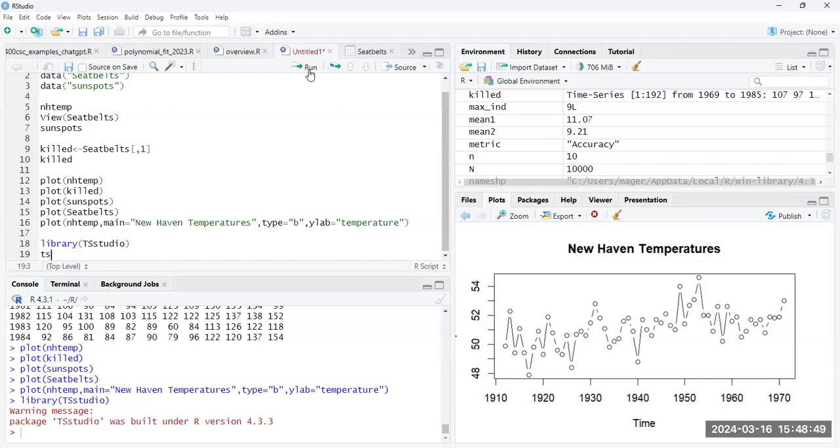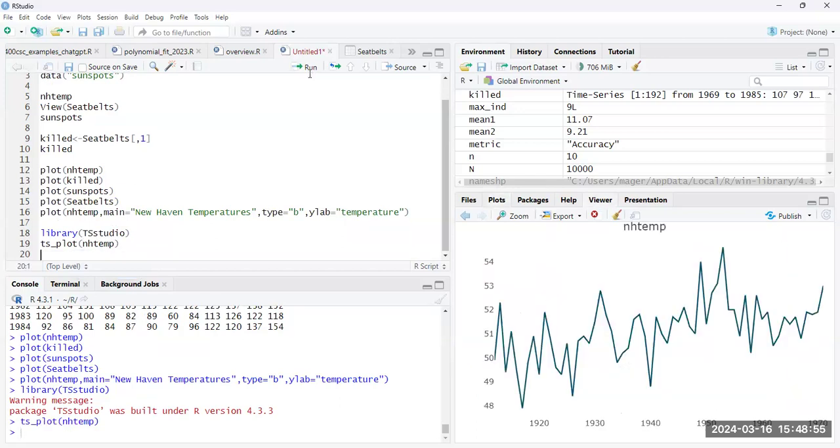And then we can do a time series plot from the TSstudio package to look at these graphs. And again, this is a little bit more interactive. You can see where the various points are on the graph. It has a little bit of color. And so we get a little bit more,